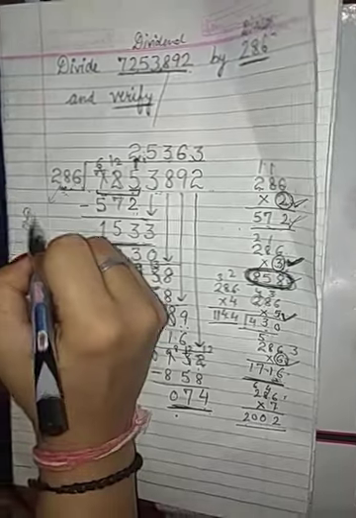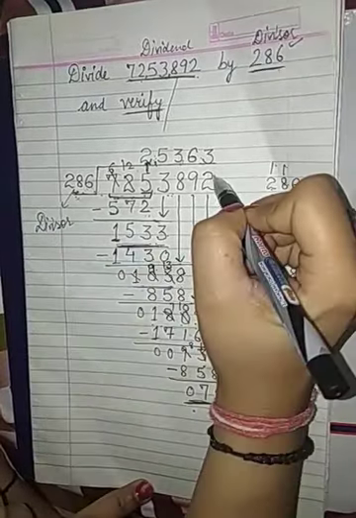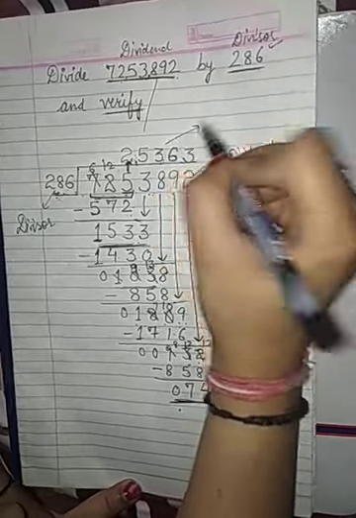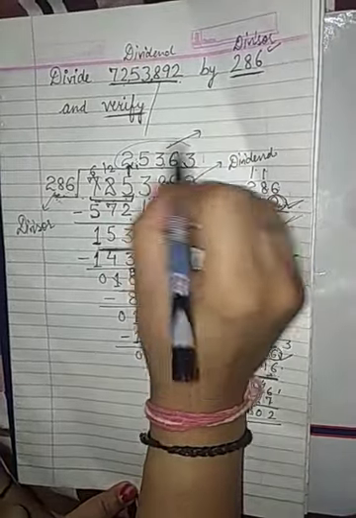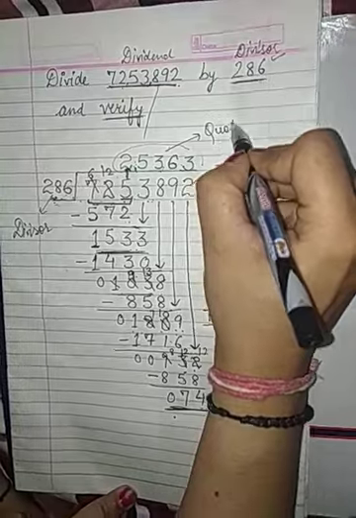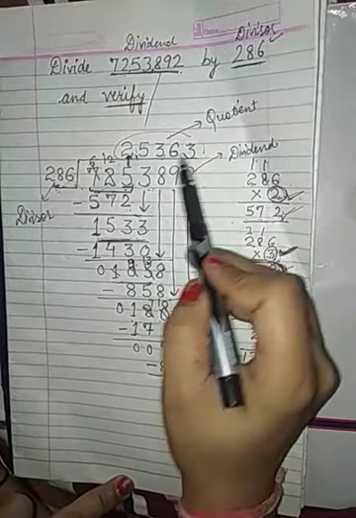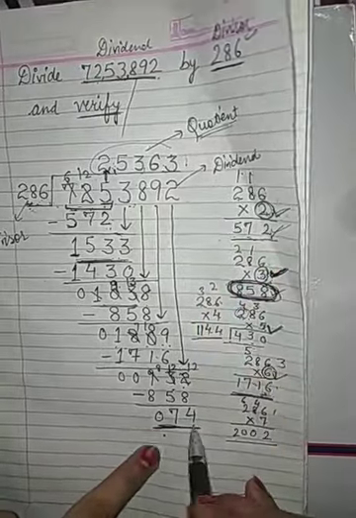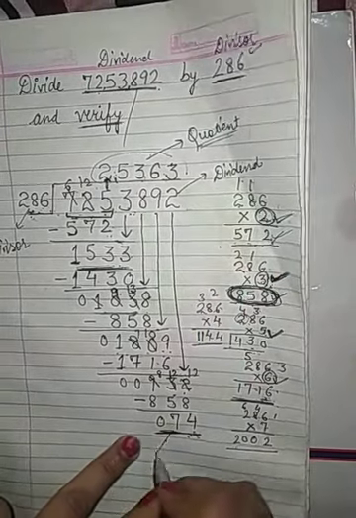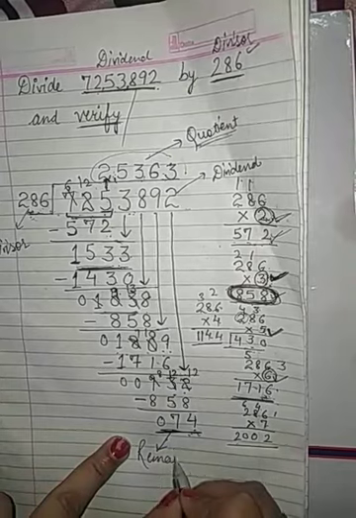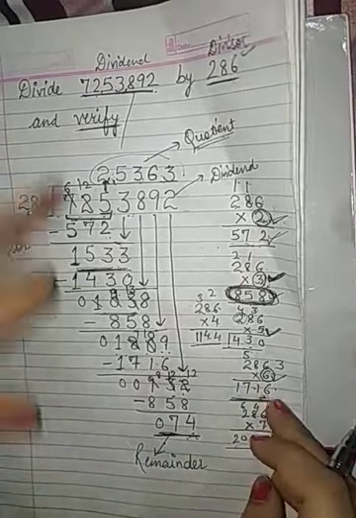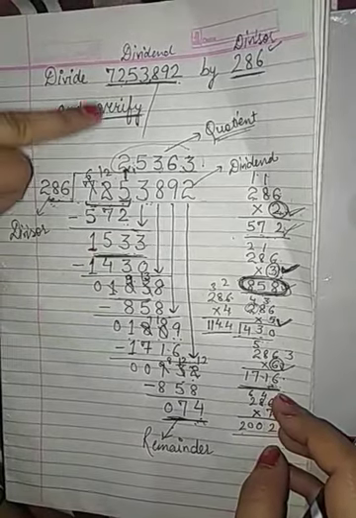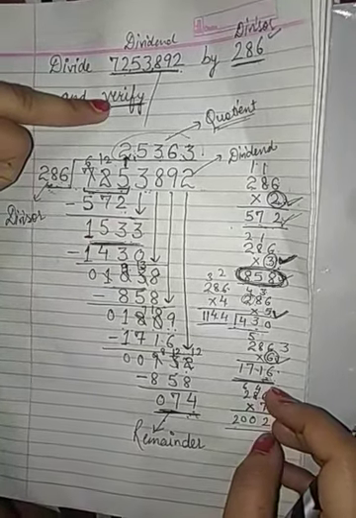and this is called the divisor, this bigger number is called the dividend, and the answer which is coming is called the quotient. And it is a very important thing, this answer of the division is called the quotient. And the leftover number in the division is called the remainder. Now here we have done the division problem. Right, now we have to verify our answer, whether the answer is correct or not.